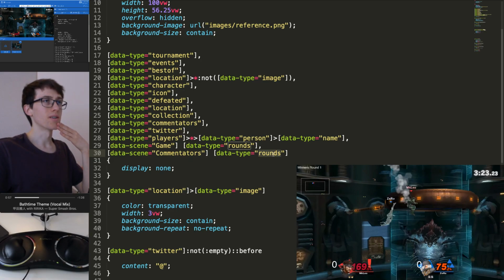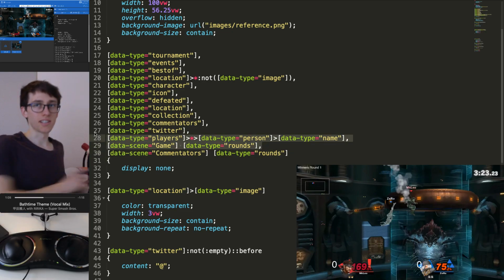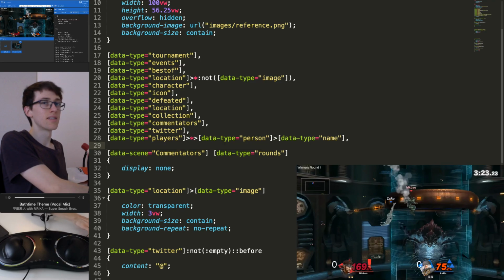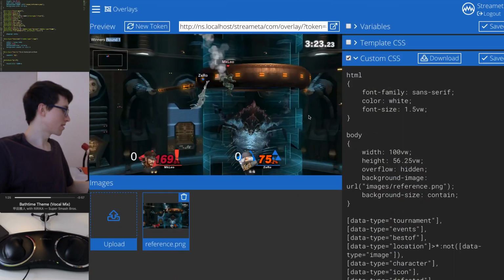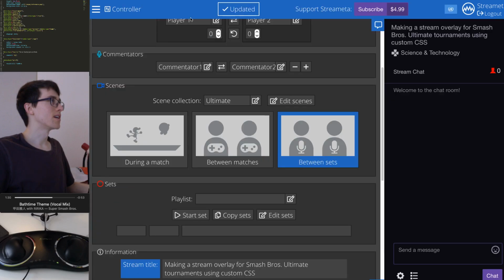And let's call this, yeah, I think, okay. Let's get rid of this line I accidentally pasted in, like that. And now when the scene is set to commentators, it will not display the round. So let's save that, refresh. The round is gone because the scene is set to